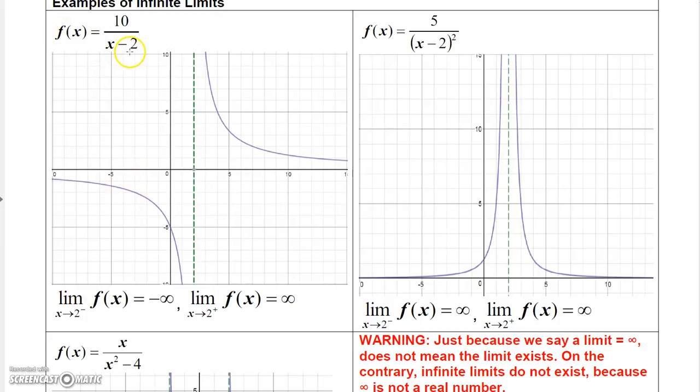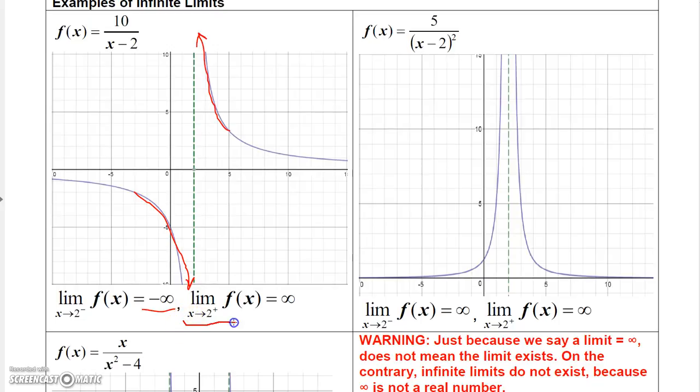So if you take a look at the graph of this function, 10 over x minus 2, notice that as you approach 2 from the left, this function decreases without bound. So that's an infinite limit, because the limit of that function equals negative infinity, which of course still does not exist, but we can say it's negative infinity. And then if you approach 2 from the right, notice that the function increases without bound,